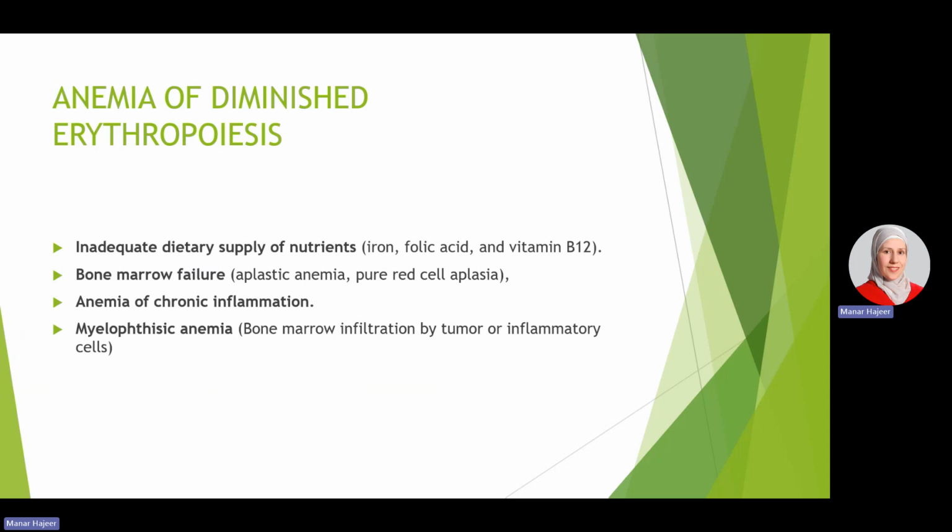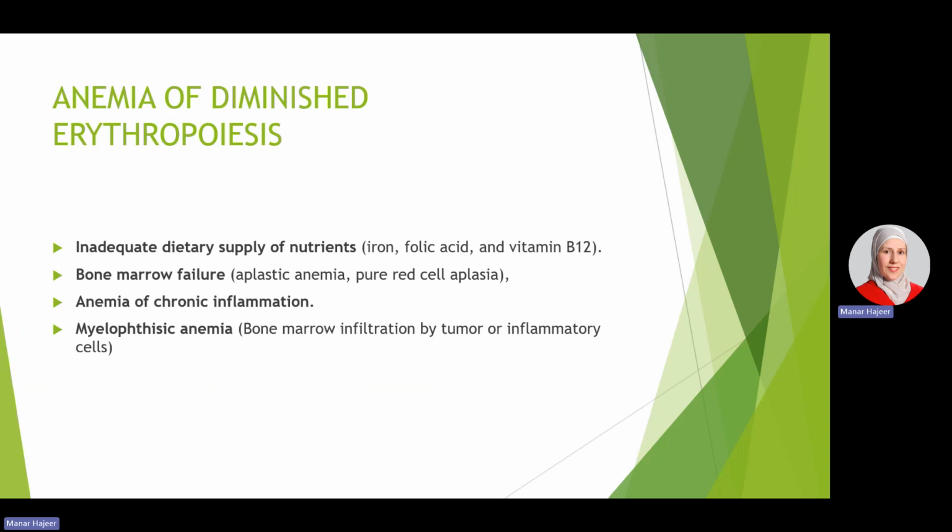The other subtype is bone marrow failure, like aplastic anemia or pure red cell aplasia. The third one is anemia of chronic inflammation, and the last one is myelophthisic anemia, which is due to bone marrow infiltration by tumors or other inflammatory cells, limiting the bone marrow's ability to produce red blood cells and other